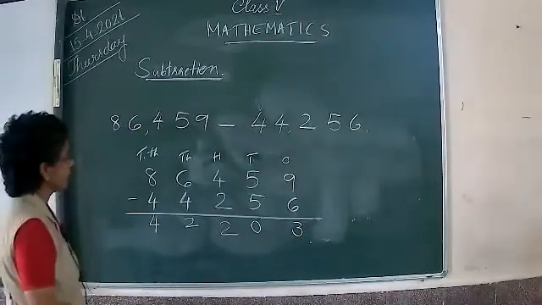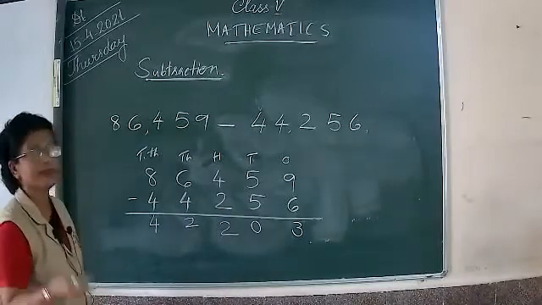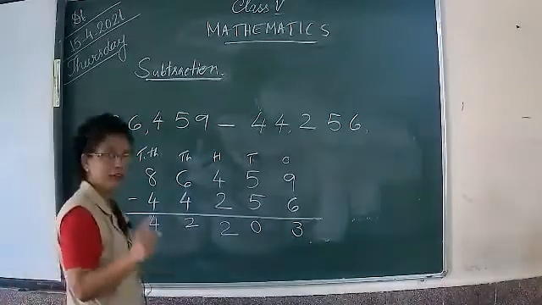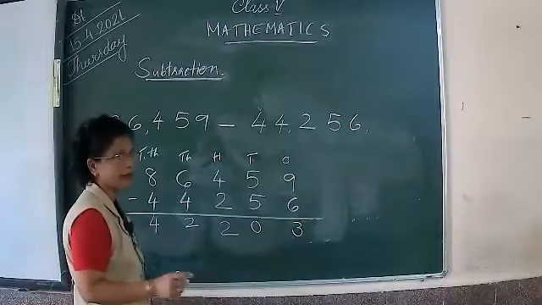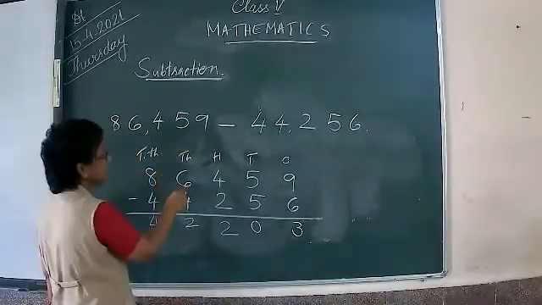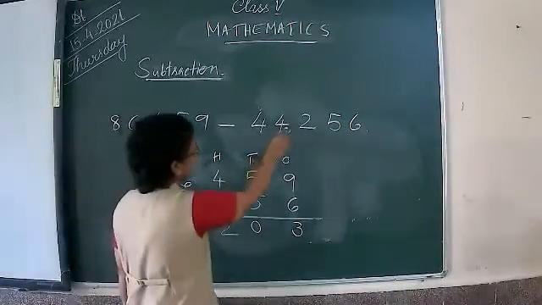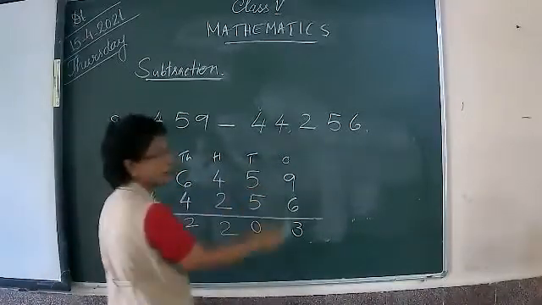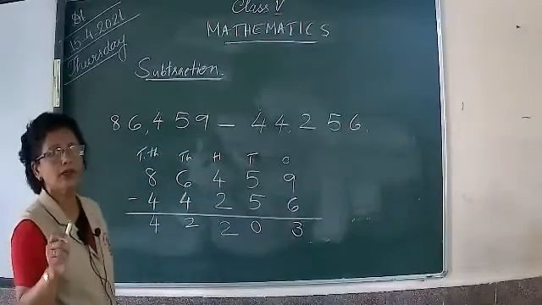Very good, children. And what is the next step there? You have to check your answer, whether the answer is correct or not. Okay, children? Even though you know that your answer is correct, still you have to confirm that. And another thing you have to confirm is, you are writing the same digits here or not. Again and again, you have to confirm that. Sometimes instead of 59, you will write 95, then you will get a wrong answer. That also you have to keep in mind.